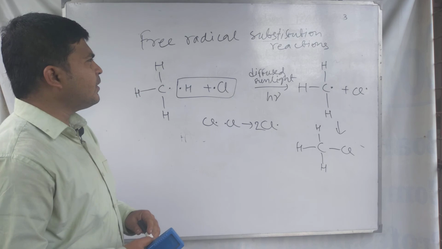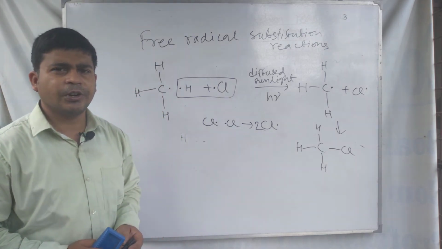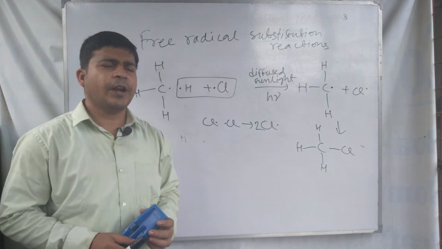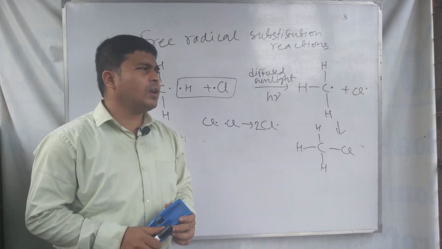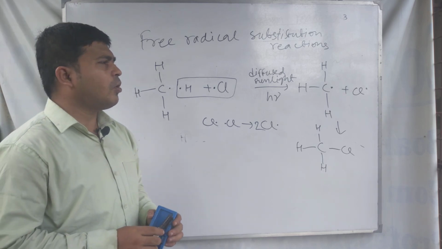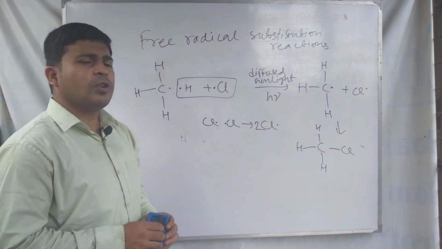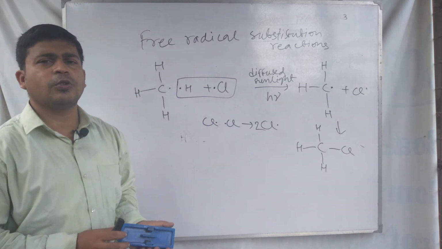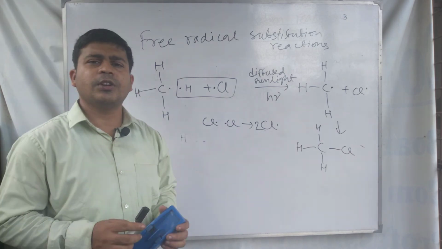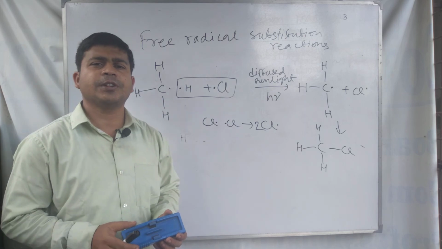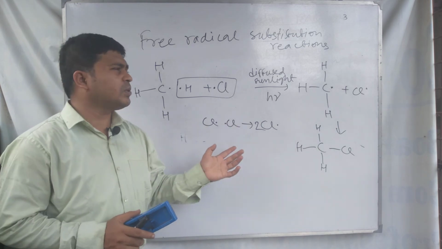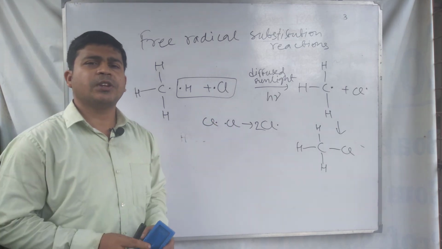So these are the three types of substitution reactions: nucleophilic substitution reactions, electrophilic substitution reactions, and free radical substitution reactions. I wanted to clear the point about the types of substitution reactions. For the nucleophilic substitution reactions, SN1 and SN2, and the electrophilic substitution reaction mechanisms, I am not giving the detailed mechanism here. I am just showing you the types, and I will make separate video lectures for the mechanisms.